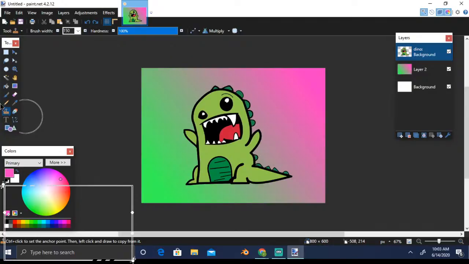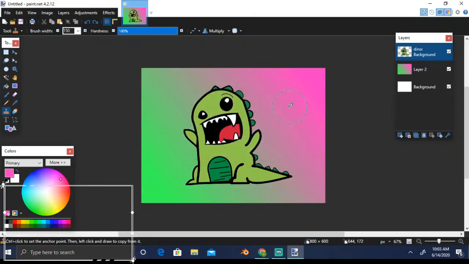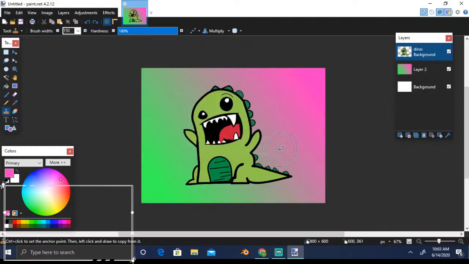All right, why is it not working? Okay, let me try to do this. All right, so control click to set anchor point. My mistake. So you have to press the control button and do a left click.